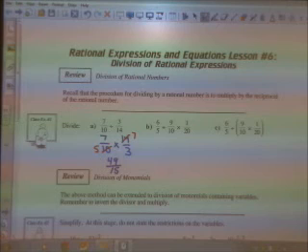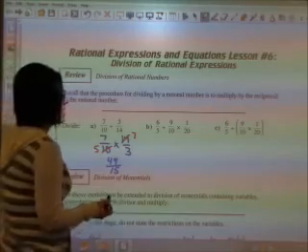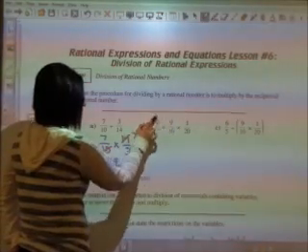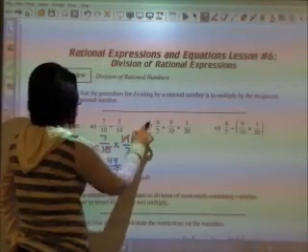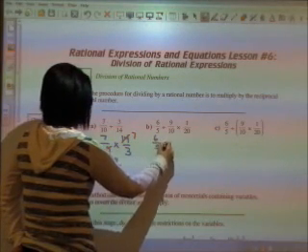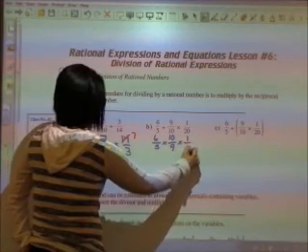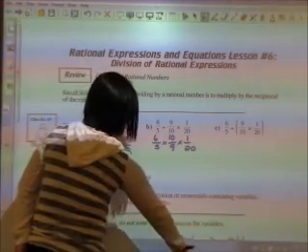Again, I don't have to rewrite these as mixed numbers. I can leave them as improper fractions. So when I look at B, what I would look at doing would be to invert and multiply within these two. So the 9 over 10 would become 10 ninths, and then 1/20. And then I can look at